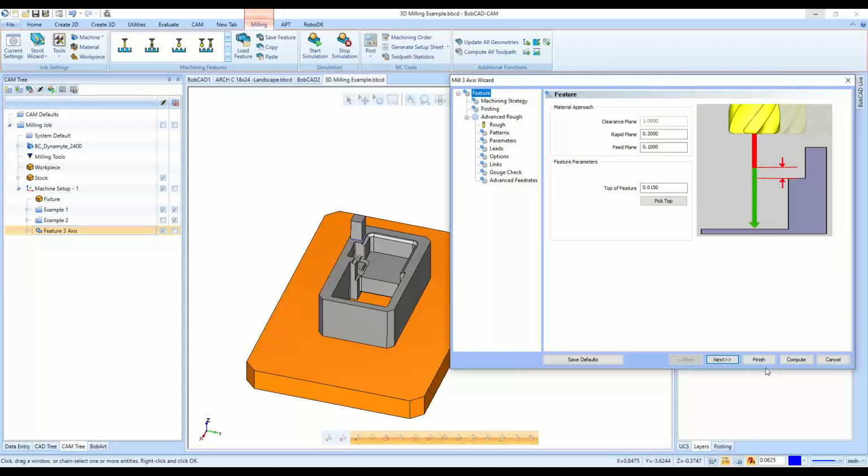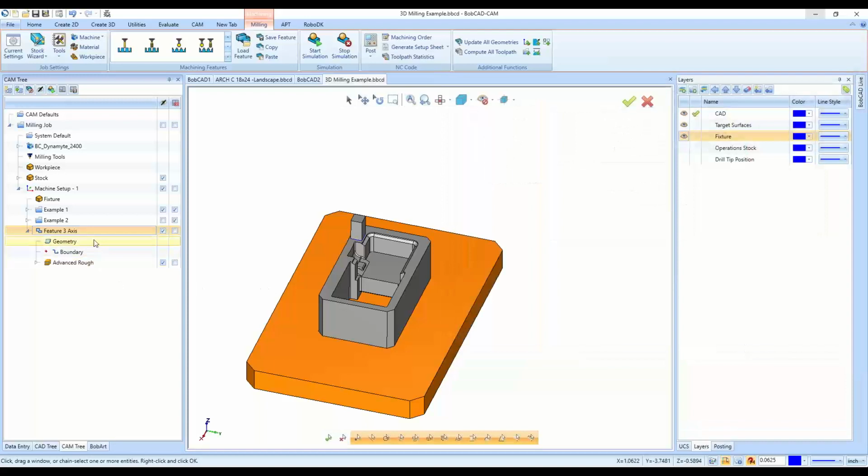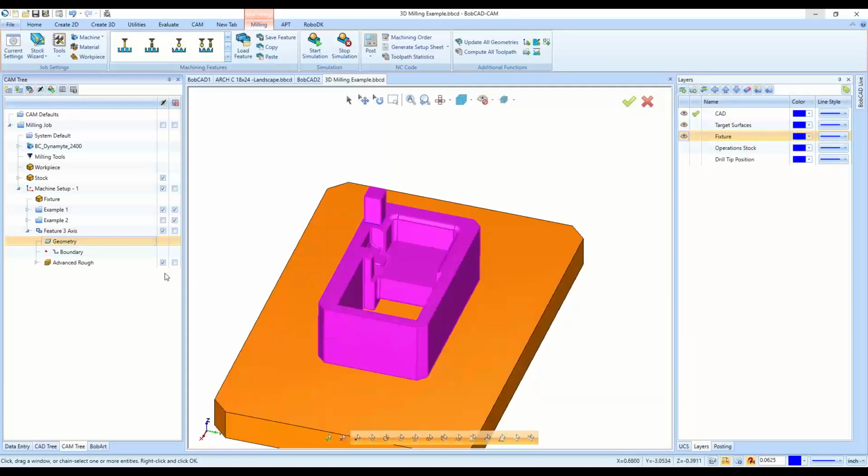Let's see. I'm going to finish this out. I have the geometry selected. I want a boundary selection here so that I can do the 3-axis milling on the inside of the part and not focus on these corners at all. So we'll go to the boundary,